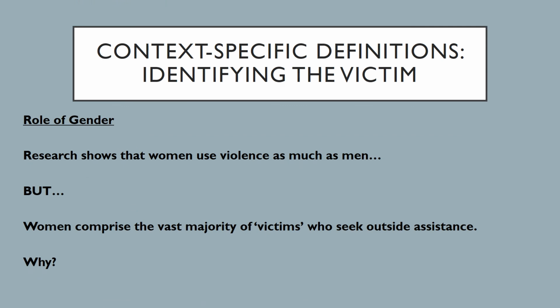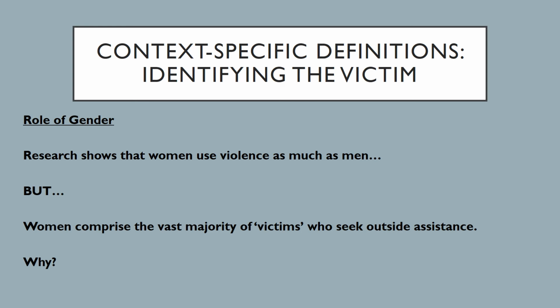So when we look at context-specific definitions and identifying the victim, your book, chapter 2, goes through and breaks down various roles. With this one, we're just going to focus on the role of gender real quick as we start to wrap up this presentation. Even if you are somebody who says, I'm going to trust the research, I'm going to trust the data, give me the facts and the facts will set you free, as you'll see on the next two slides,